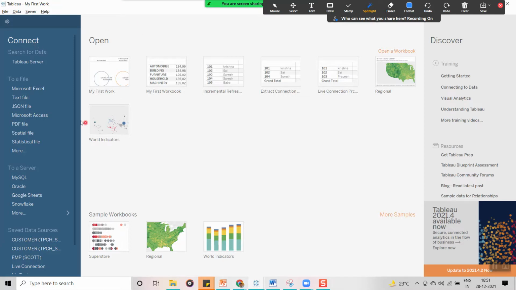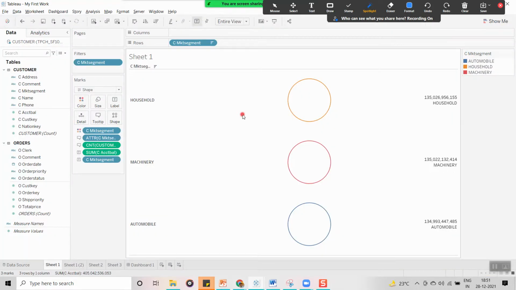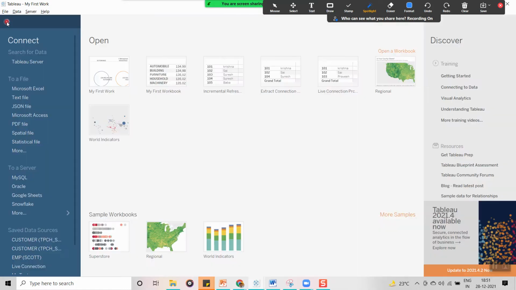But from here, once you click on this icon again, it is going to bring you back to the worksheet. Now you can see I am back. So at any time if you want to go back to the start page, you can go here, and if you want to come back, you can click on this icon again.